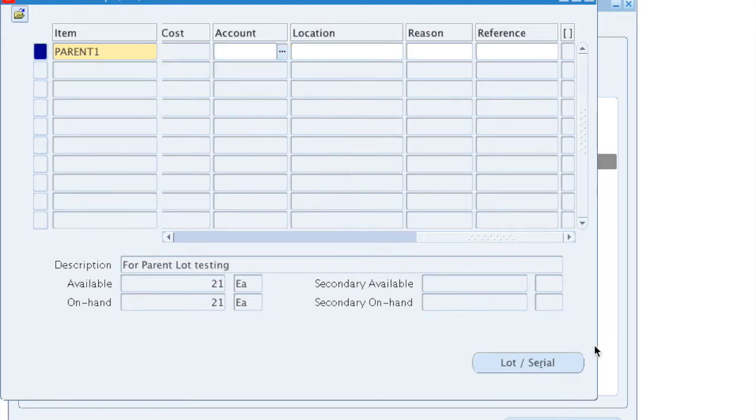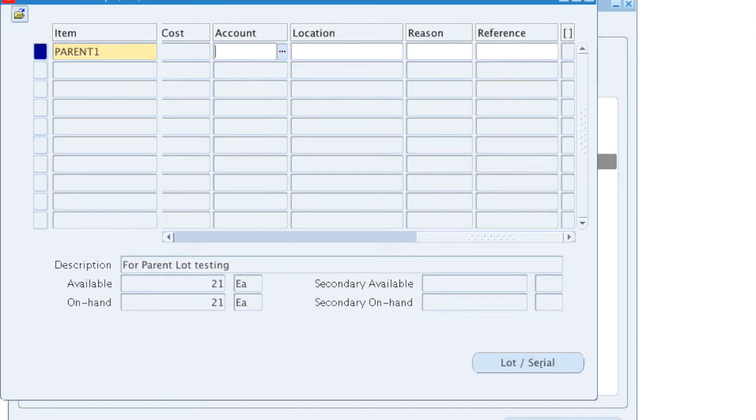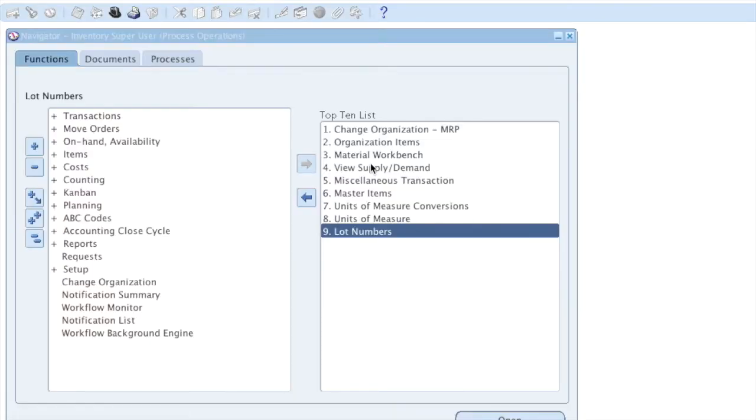Let's try to repeat the same thing, highlighting another thing. Here, when I directly went to the lot number field and queried an existing lot that had a parent lot, it automatically fetched it and saved it for me. So it's not necessary that each lot needs to have a parent lot, but if a lot has a parent lot, it gets associated with it in all the transactions.